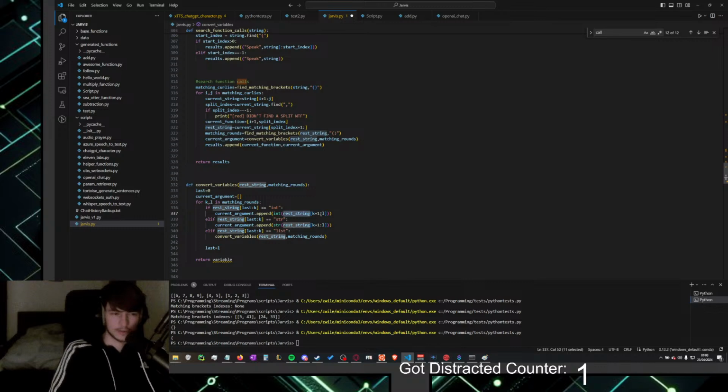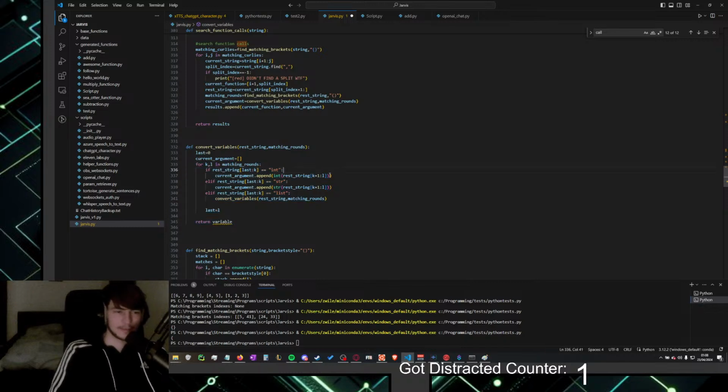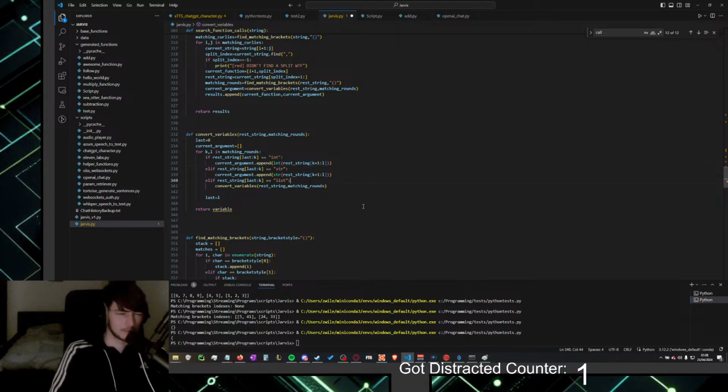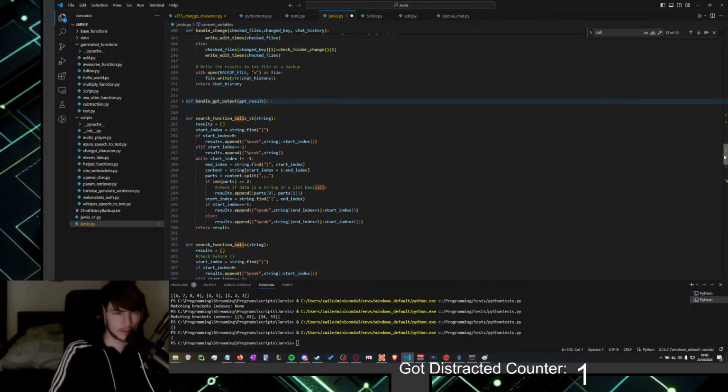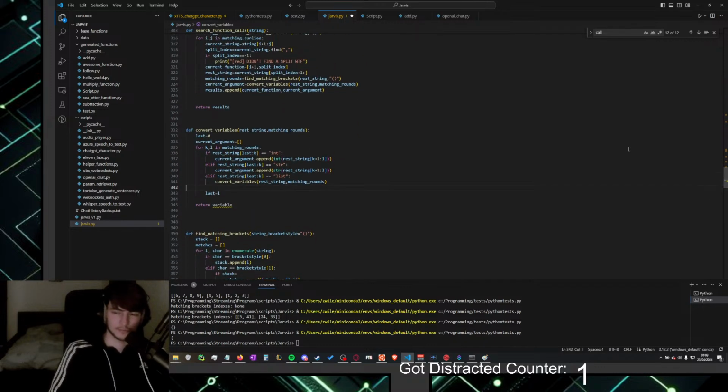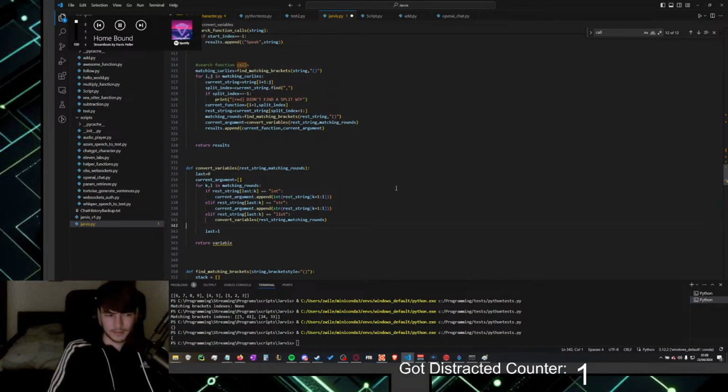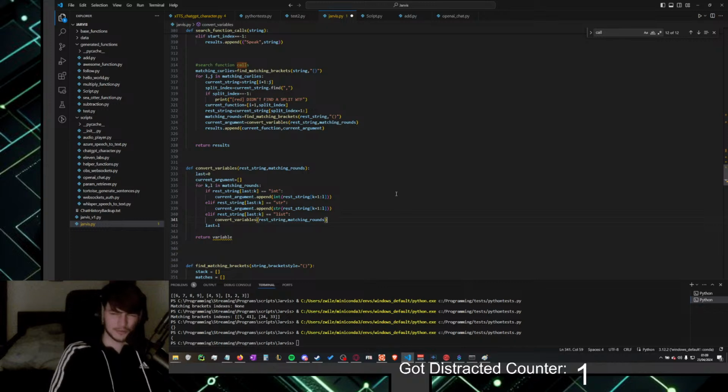Like basic data types like lists and integers and strings and stuff like that I learned in school, but I think we didn't even learn dictionaries and stuff like that, or like how to use an API and stuff like that, you know. That's basically self-taught then. So a bit of a mix, if we want to call it that.